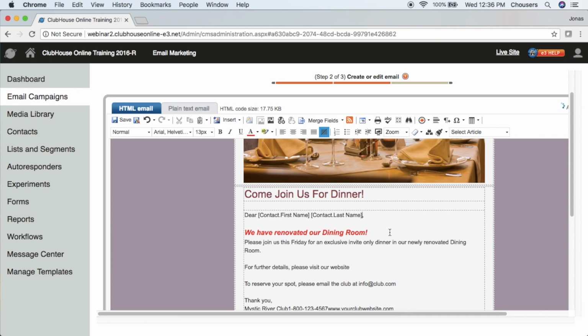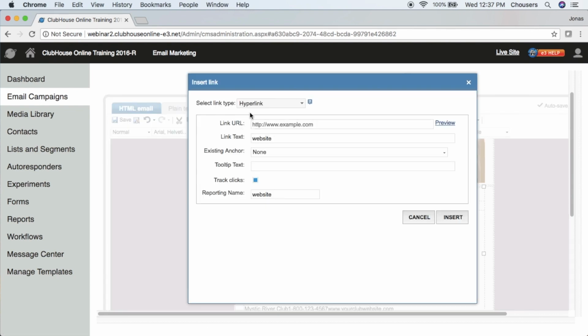The next thing we're going to take a look at is how to insert hyperlinks into our campaign. And the first hyperlink we're going to look at is an external link, so such as a website. To add a hyperlink, you're going to start by highlighting the text that you want to use as that link. Then within your content editor, you're going to look for the globe with the little chain link icon where it says Insert Link. Then within your hyperlink type, go ahead and copy and paste, or type in your URL